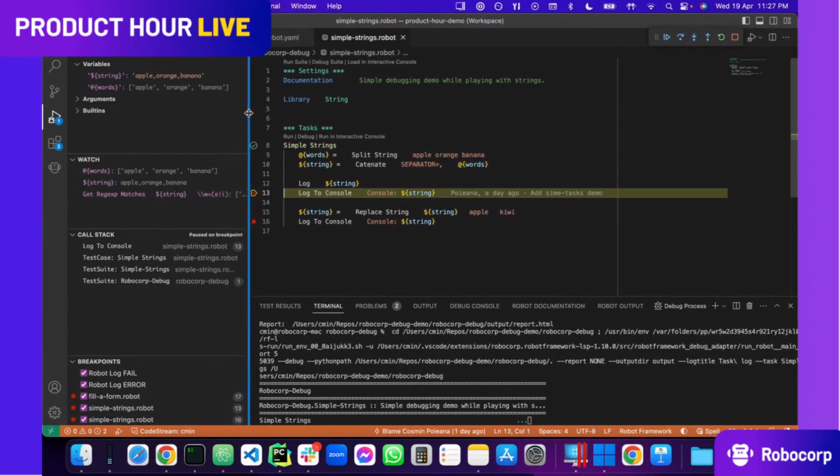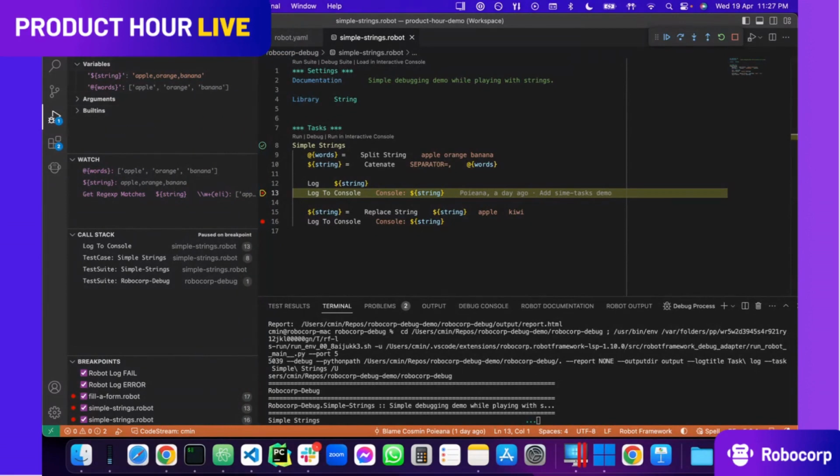If I expand this a little bit, I can see some variables. These are useful, populated automatically with the variables that you see over here in the code. You can even add watchers. I can simply add an expression like, give me the value of this variable called string. Pressing enter, it tells me what it contains.